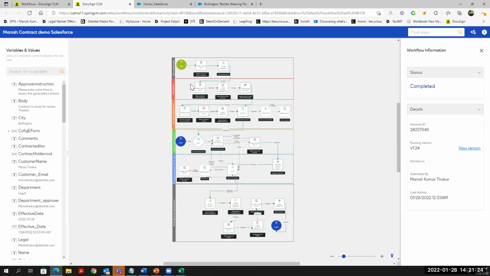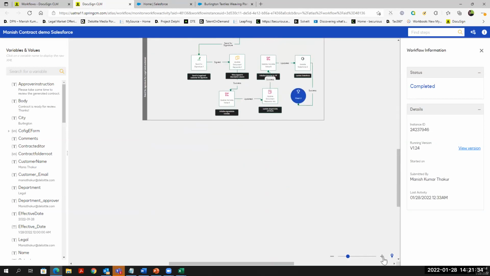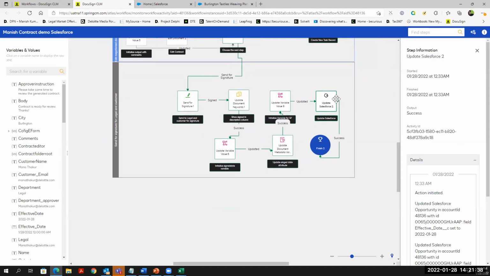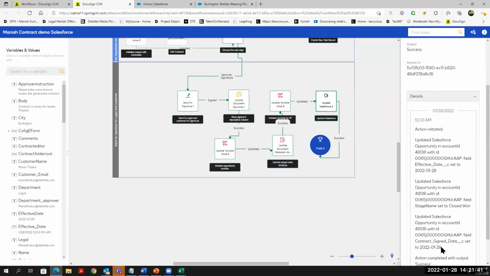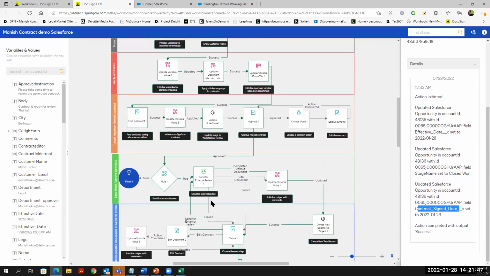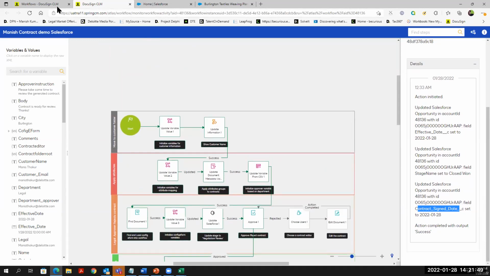Now, this is the beauty of the workflow. The first check which I see is that if I see a green tick from the start phase till finish, that means everything is okay. Everything is perfectly done. And if you see, the Salesforce workflow was initiated, and that's how I was able to show you the contract field and the effective sign date in Salesforce. This has been designed. Another workflow for the third-party contract is,